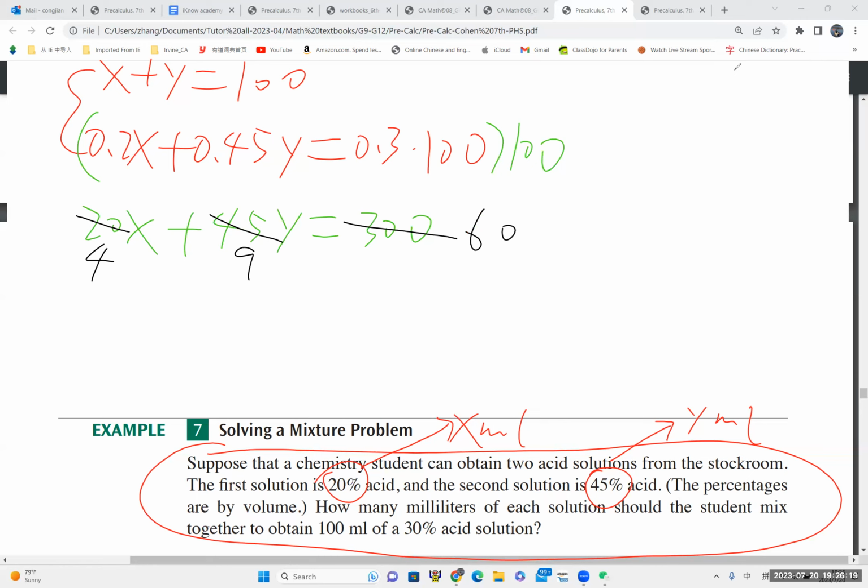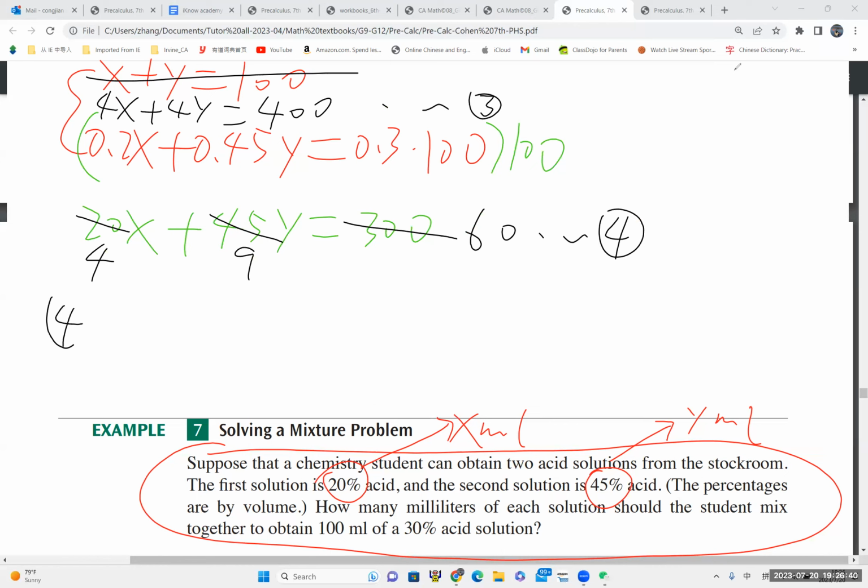In order to solve it, for the first equation, we just multiply both sides by 4. So here it goes to 4x plus 4y equals 400. If we call this equation 3 and this equation 4, then we use equation 4 minus equation 3. So 4x minus 4x is gone. 9y minus 4y, we have 5y equals